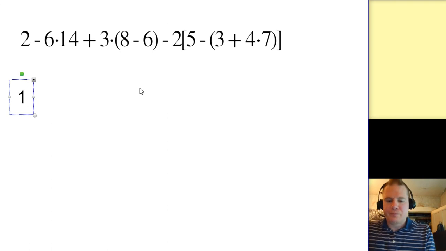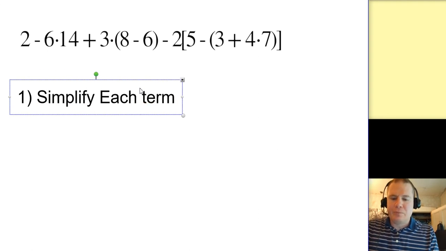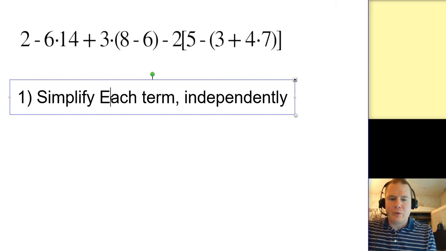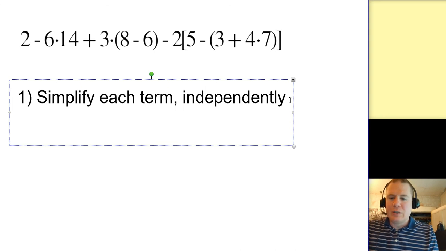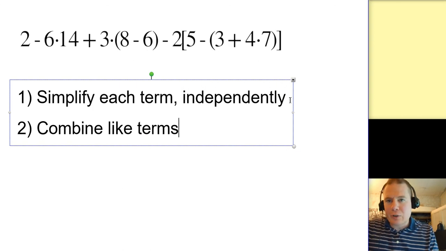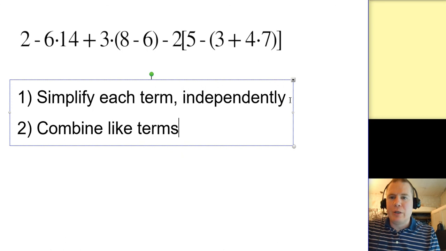First, simplify each term independently. I don't know why I capitalized the E. Simplify each term independently. Second, combine like terms, because not every term can be combined. And that's it. Right? Now, technically, I should say step 0,